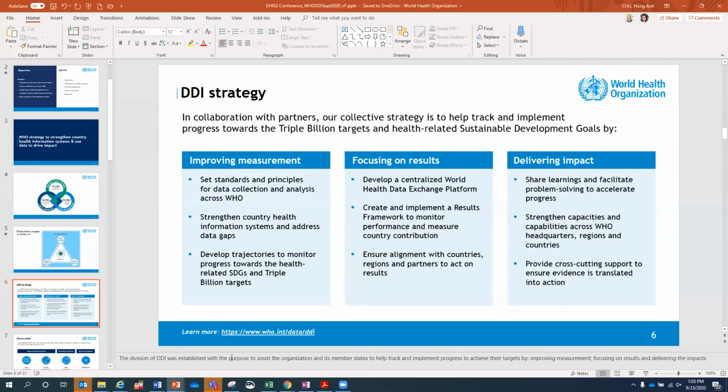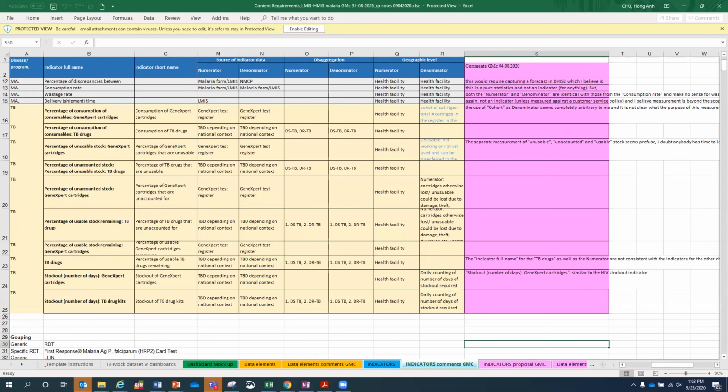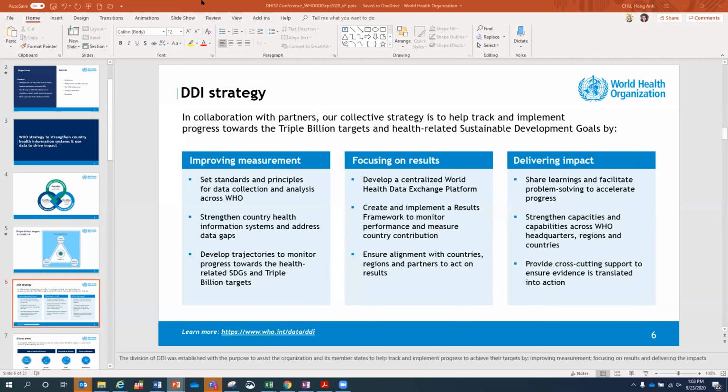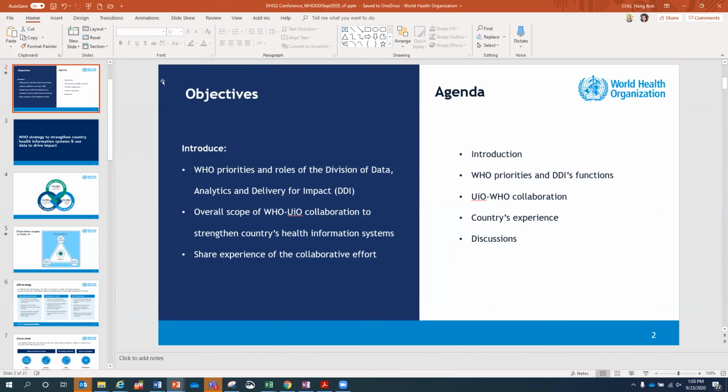She has been a champion for promoting the platform as a way to disseminate standards, but she also spent many years working in the Lao PDR WHO country office. So she is a steadfast supporter of making sure that we keep our global products and collaboration focused on meeting the needs of countries and helping countries to support their goals. So Anh, I will hand it over to you.